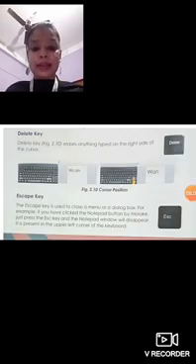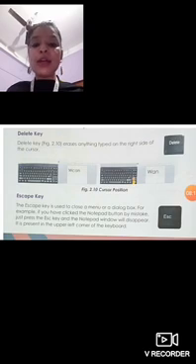Next is the delete key. The word delete can be found on the button. The delete key erases anything typed on the right hand side of the cursor. If you are typing something and you press the delete button, it erases on the right hand side. The backspace key helps in erasing on the left hand side, and the delete key helps in erasing on the right hand side. So both keys help us in erasing anything we want on the computer.